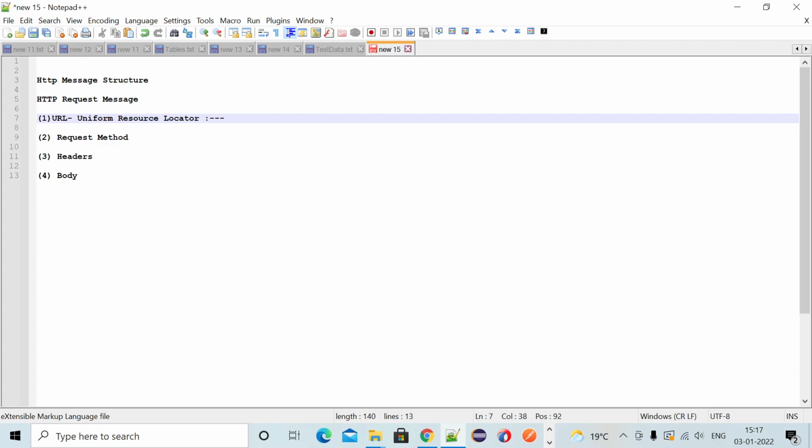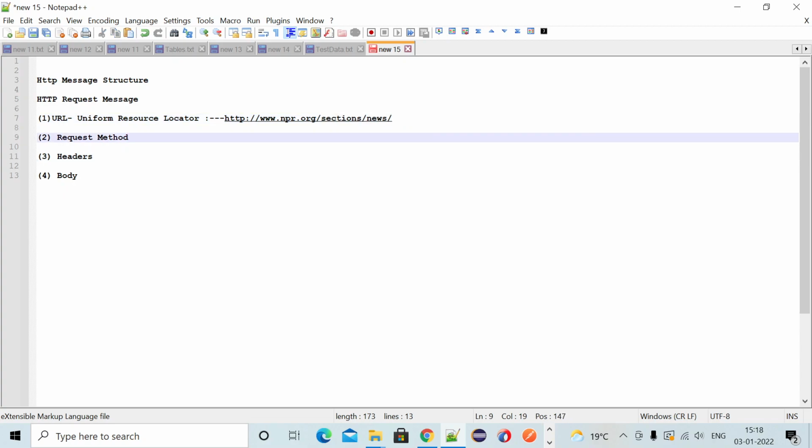This is called Uniform Resource Locator, and it looks like this: HTTP, which is the protocol, then www.npr.org, and then the session. This is the domain name we are using, and this is the path where we need to go.